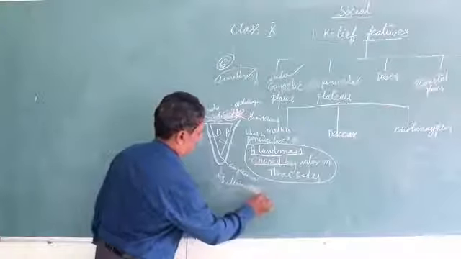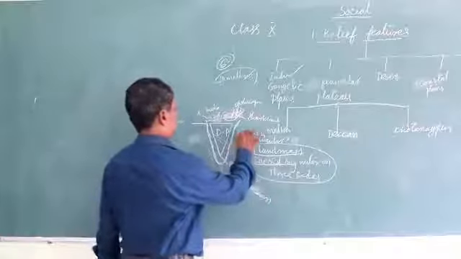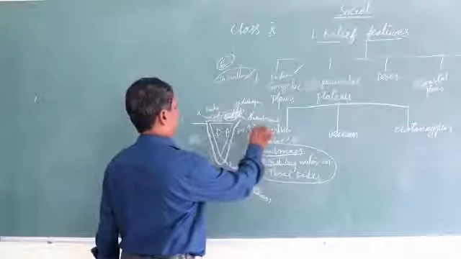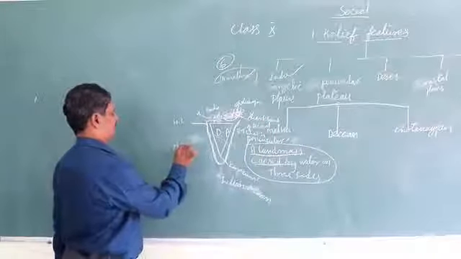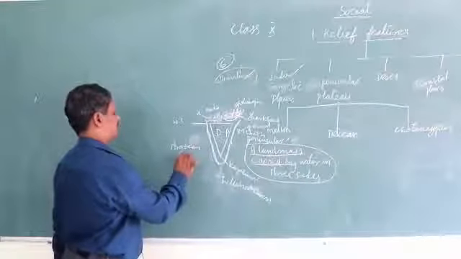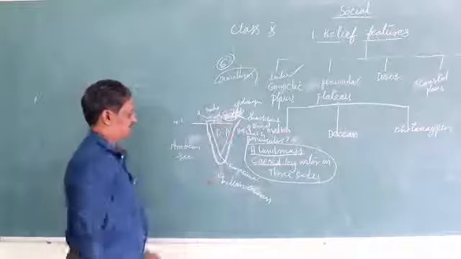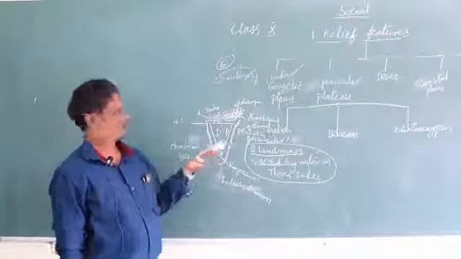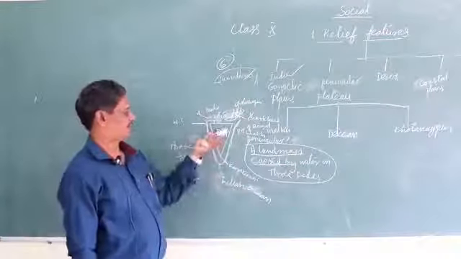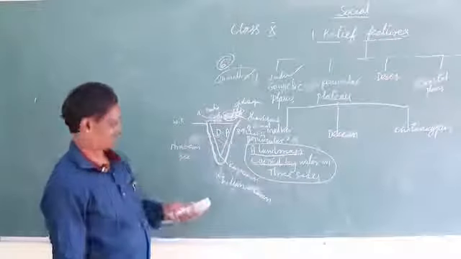Indian Ocean. Here is Bay of Bengal. Here is Arabian Sea. So this land is complete. This land is covered by water on 1, 2, 3 sides. This is a peninsular plateau. This is a peninsular India. Okay. So I hope you understand that.